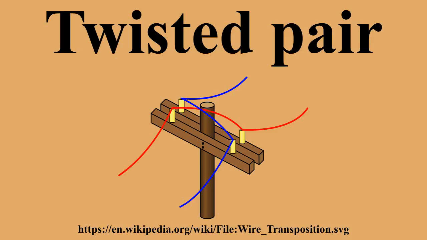This shielding can be applied to individual pairs or quads, or to the collection of pairs. Individual pairs are foiled, while the overall cable may use braided screen, foil, or braiding with foil. When shielding is applied to the collection of pairs, this is usually referred to as screening, but different vendors and authors use screening, shielding, and STP inconsistently to denote various shielded cable types.